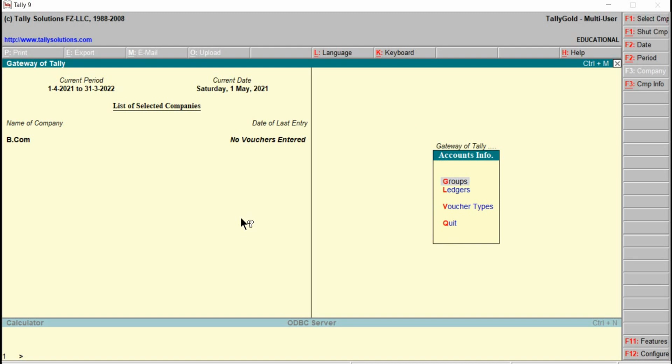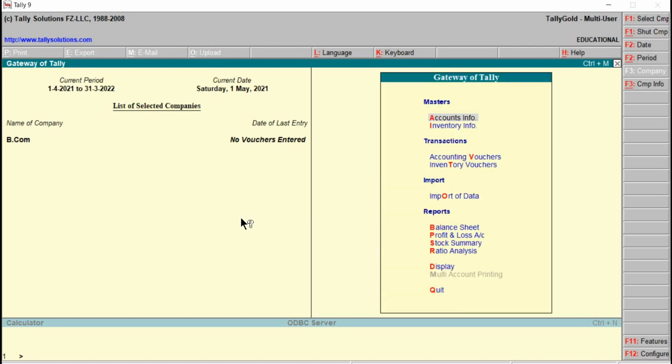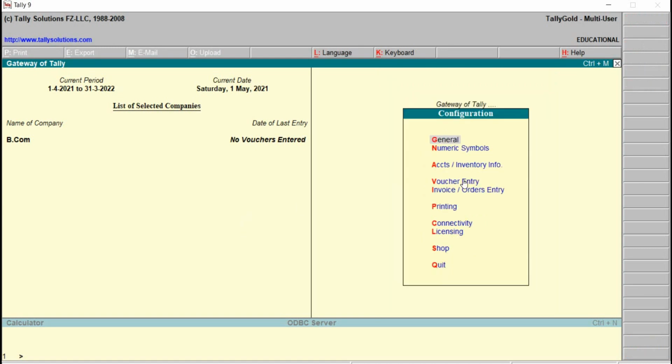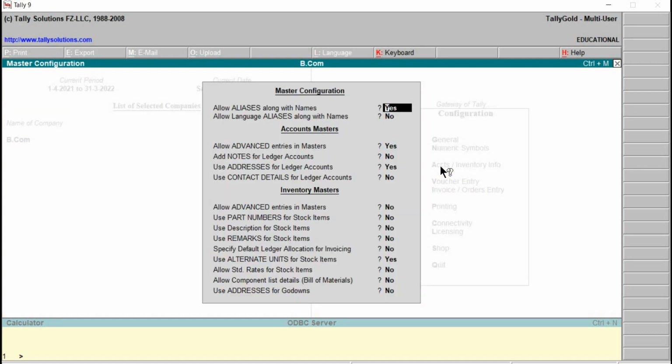Once again, we are back with the gateway of Tally. From here also, we can press the function key F12. This will take us to configuration. Under this, we have to go for the third one, that is accounts and inventory information. Right?